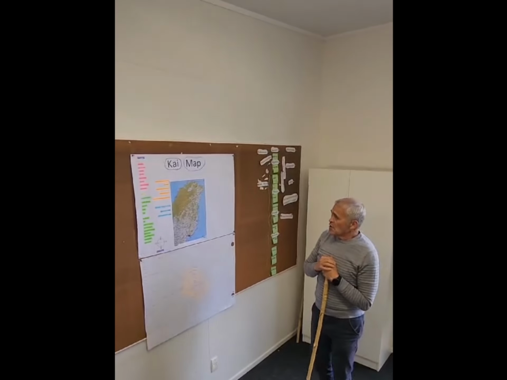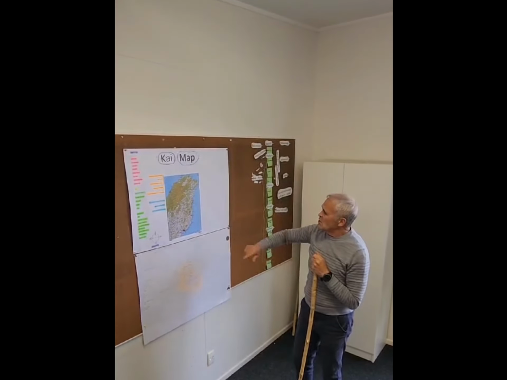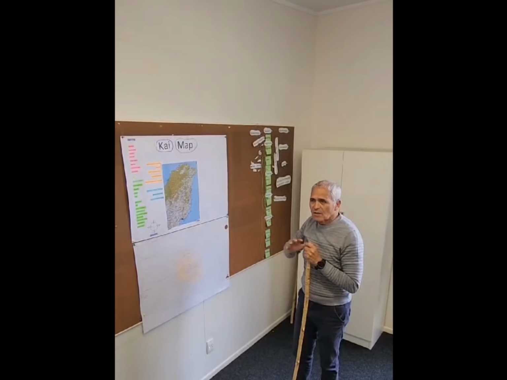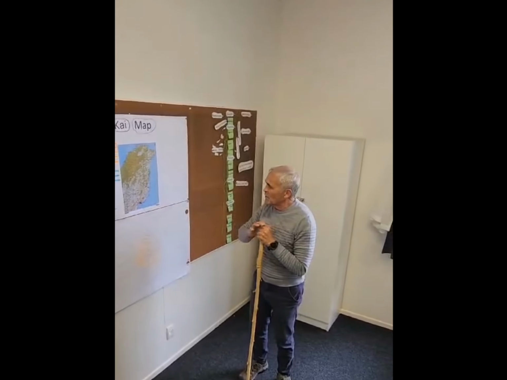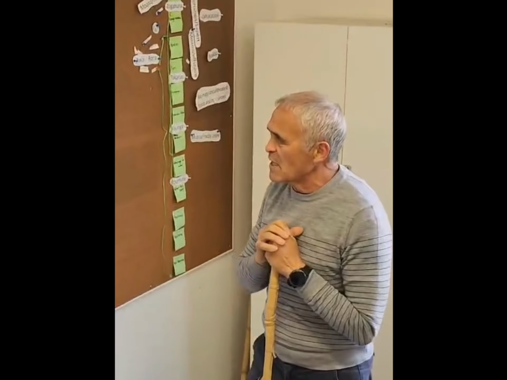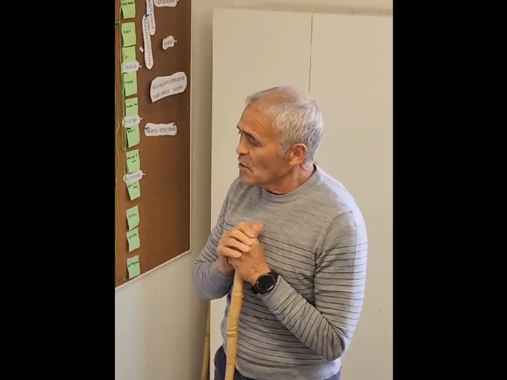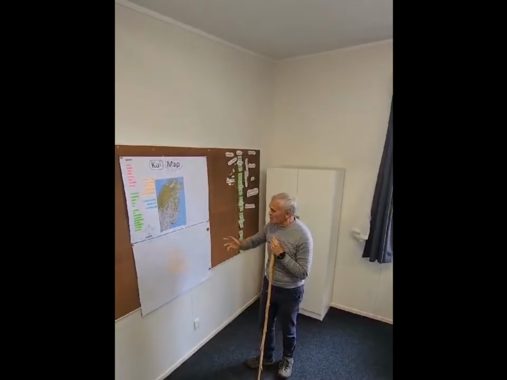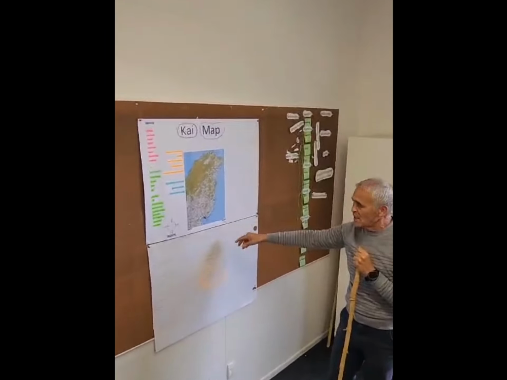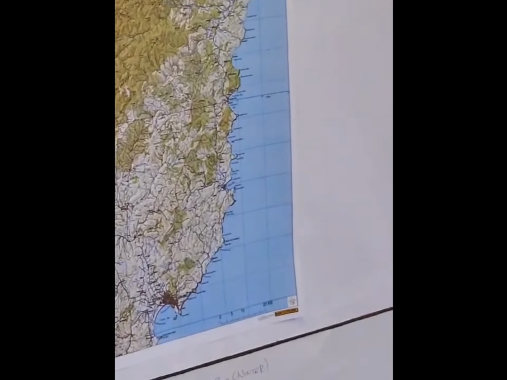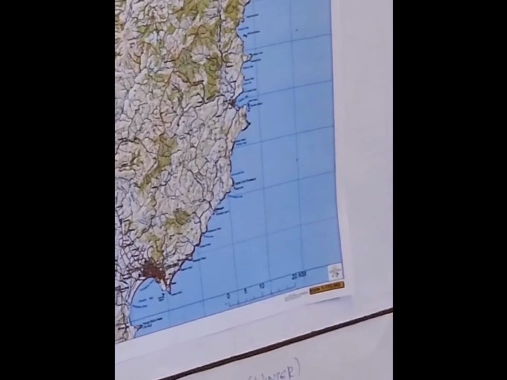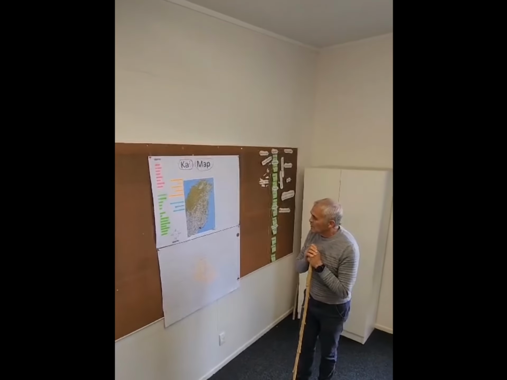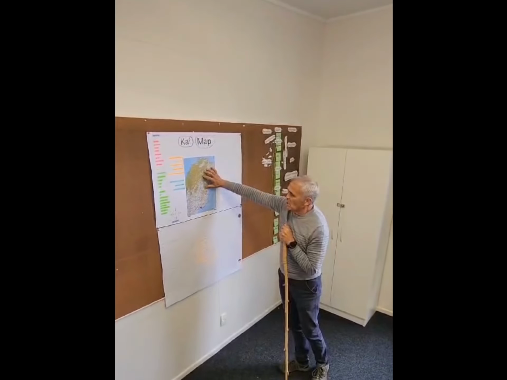Yeah. Other things that we find are really interesting to us is, oh look, these are again in the same colour. This is where Hine Hakirirani had her garden. Oh, that's where Hine Matioro had her one further up the coast. And so we mark those famous garden sites in. Another thing that we ask for is, oh, what's the kai related kōrero? And you go down and people say, oh, this area here was renowned for this and that. And so you come up over into our rohe here in Anaura Bay, and you got Captain Cook writing about his acres and acres and acres of kūmara garden that they saw there. Yeah? So that's our kai map taking shape.